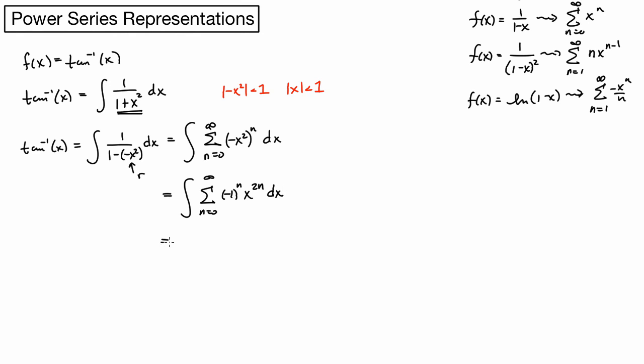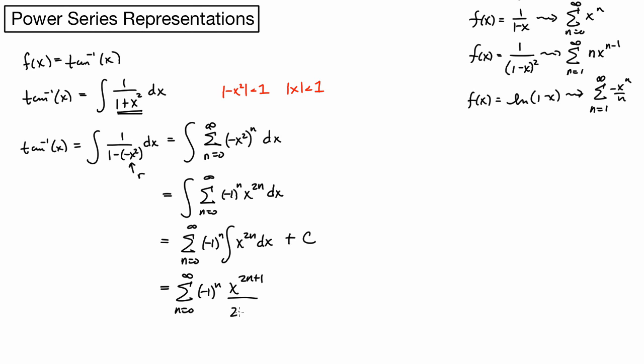And we know that we can integrate power series termwise. So I'm going to bring the integral inside the sum up until the point I hit an x term, which is the x to the 2n part. The negative 1 to the n I'm just going to pull outside the integral because it doesn't involve x. The cost of integrating, remember, is I'm going to produce an integration constant, so don't forget that. If I then integrate termwise, x to the 2n becomes x to the 2n plus 1 divided by 2n plus 1